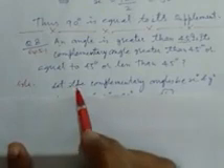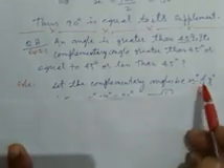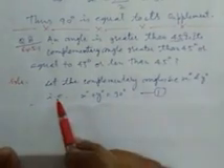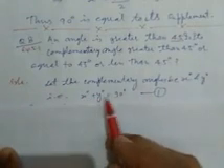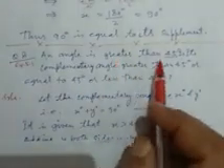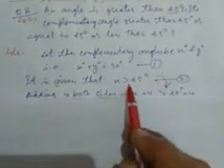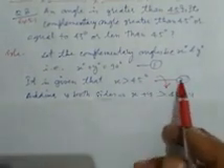Now we check. This is our solution. Let the complementary angles be x degrees and y degrees. As we know, the sum of complementary angles is 90 degrees, so x plus y equals 90 degrees. This is our first equation. It is given that x is greater than 45. Initially we received the information that the angle is greater than 45, so we write x greater than 45. This is our second equation.